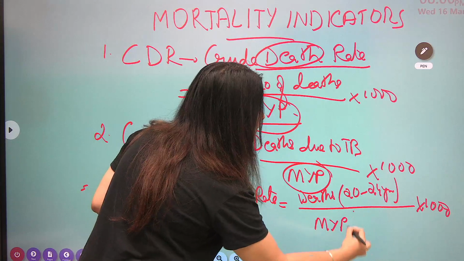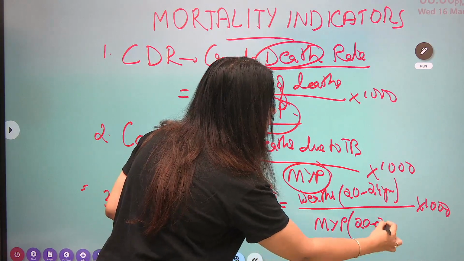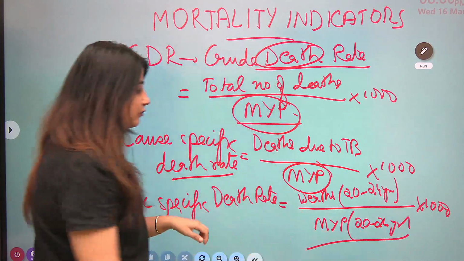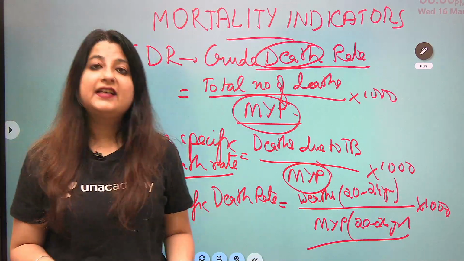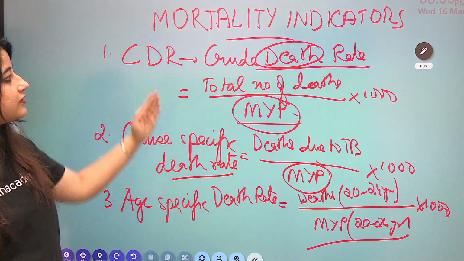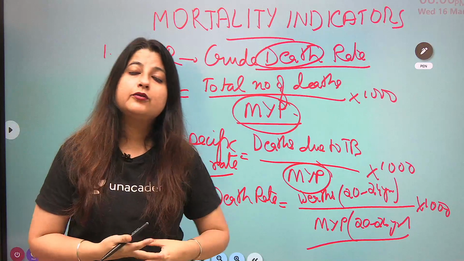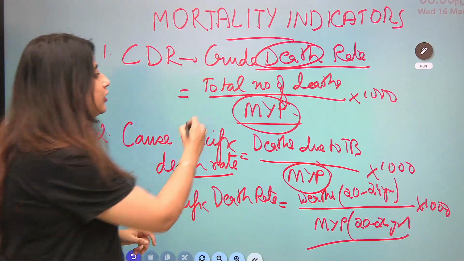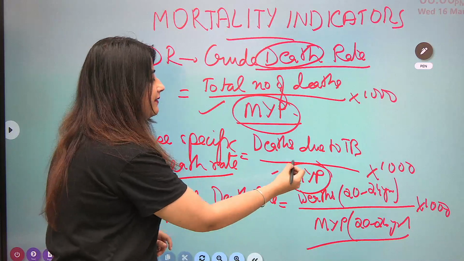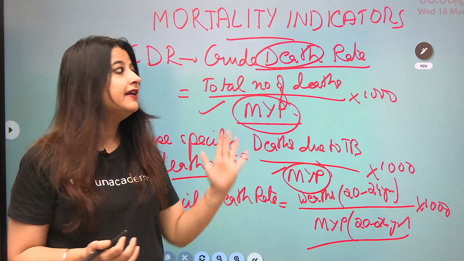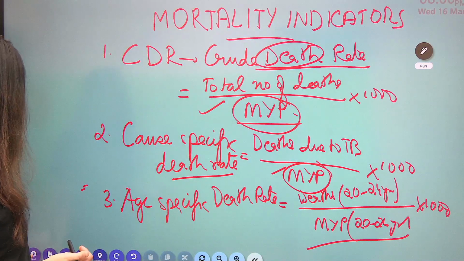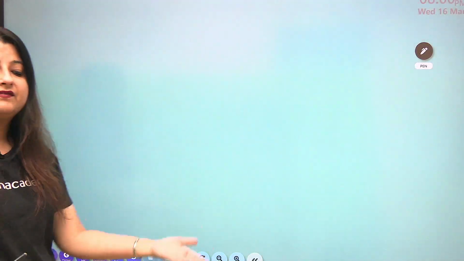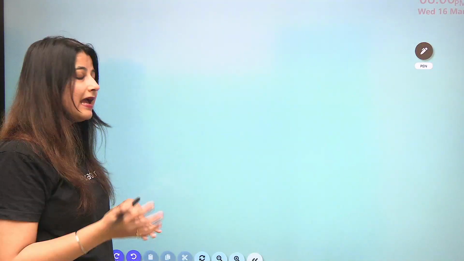You become mid-year population in this age, okay? So that is what is age specific death rate. So this was one of the first mortality indicators where I wanted to bring to your attention that whenever we say death rate, the denominator becomes mid-year population. Okay, so remember this because this will be used in next also when we see some other MCQs, some other